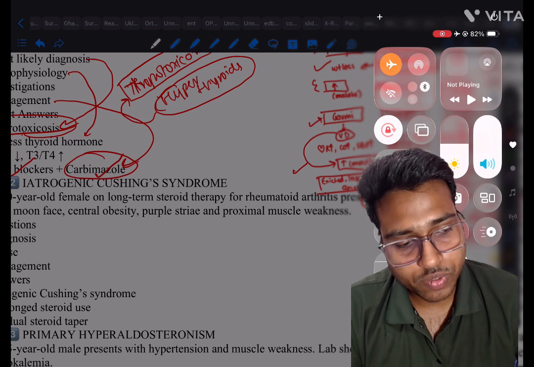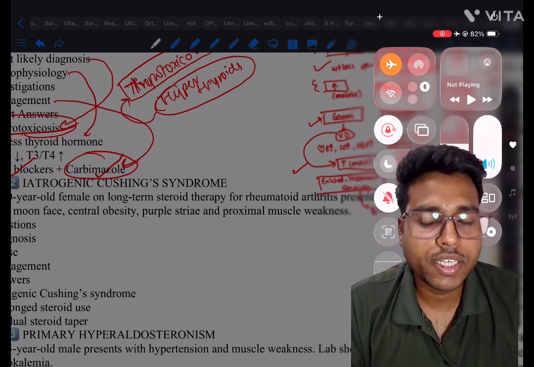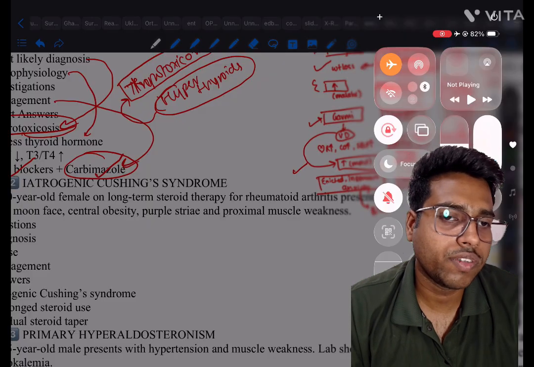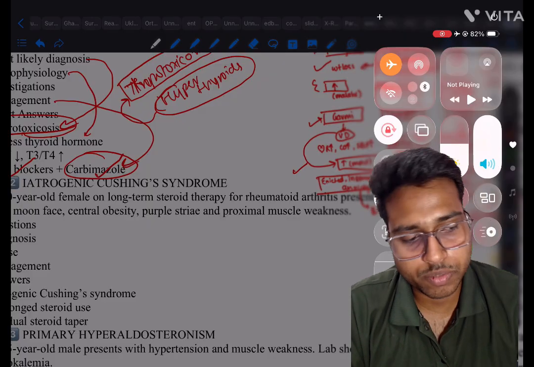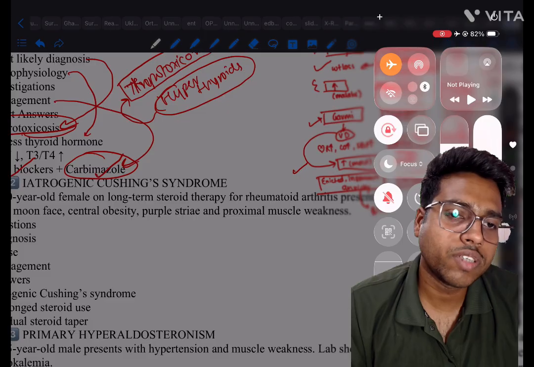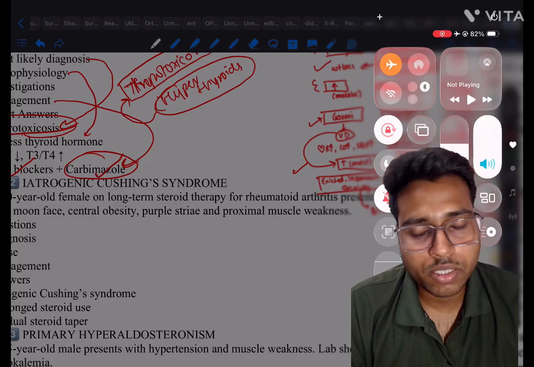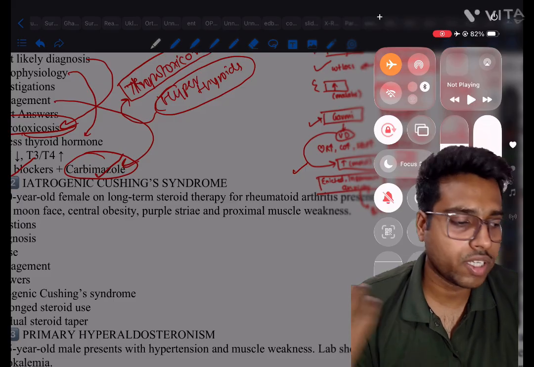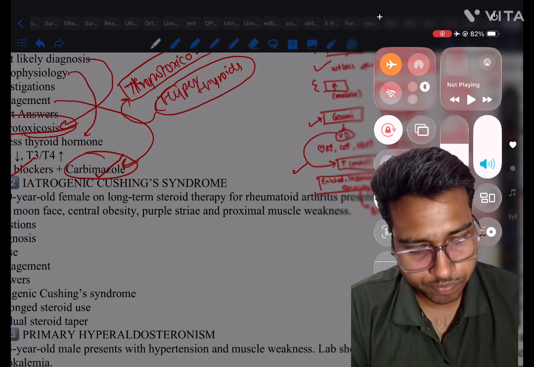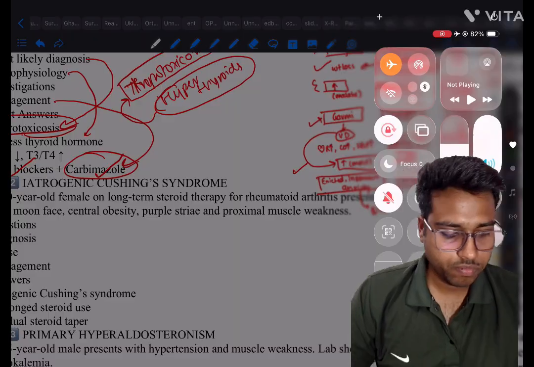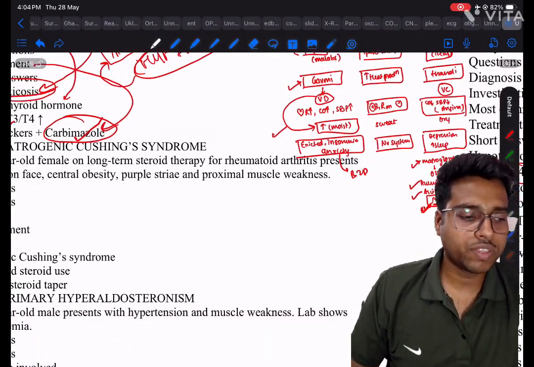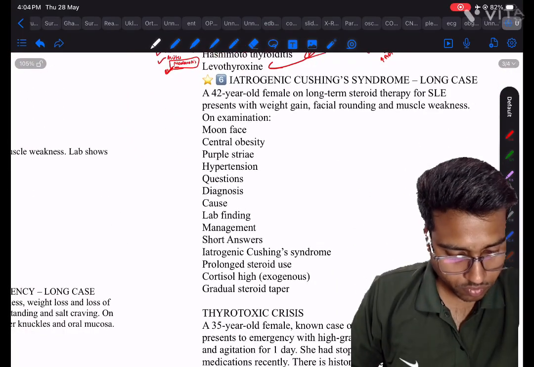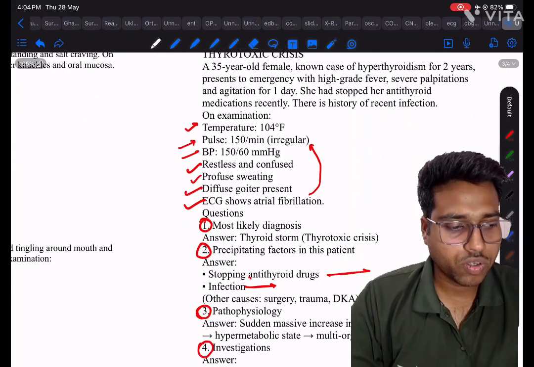Okay, so इसमें भी चेक कैसे करना है? पहले देखना है TSH लो है कि नहीं. If TSH is low, you have to check for T3 and T4. If they are normal, it is subclinical hyperthyroidism. Okay, if there is more of T3 and T4, it is hyperthyroidism. So if signs are present, it will be Graves' disease. If they are absent, think of adenoma, कहीं और से निकल रहा है, सेकेंडरी हो सकता है, मल्टीनोडल क्वार्टर भी हो सकता है. Okay, so here most of the drugs we have to give is for thyrotoxicosis ना. इसमें क्या होता है? We will learn over here. Okay, go for the clinical question first.